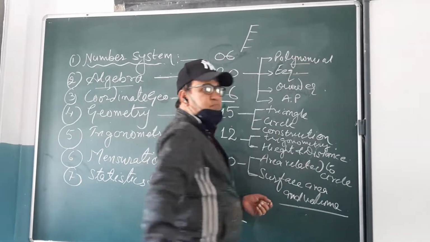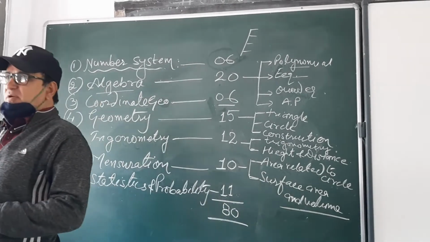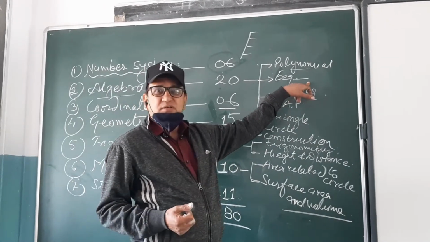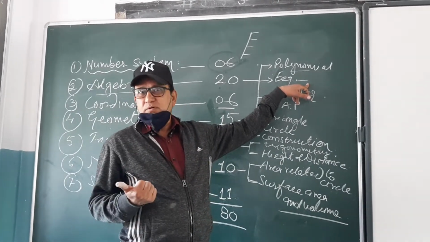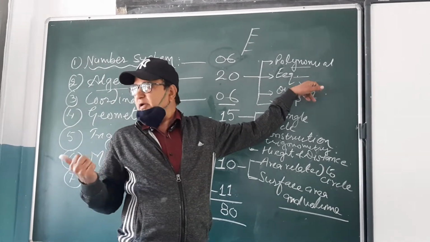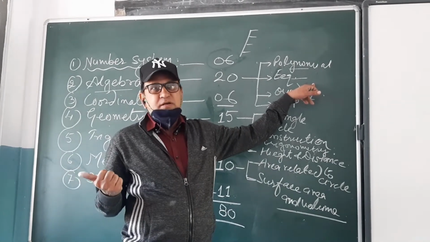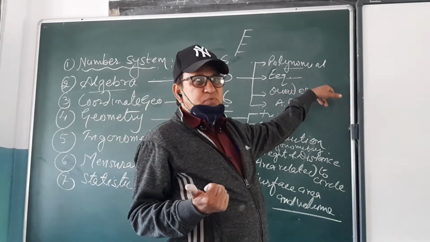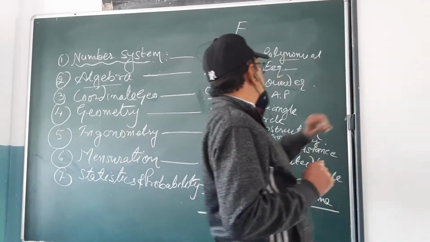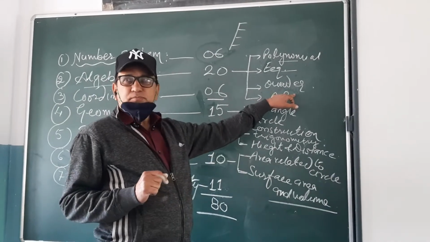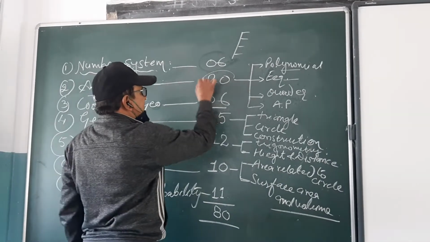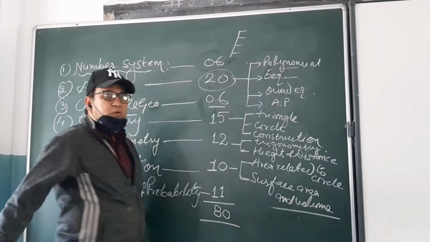Right? Next, linear equation of two variables. There we have to see the consistency of the equations, meaning the type of solution: unique solution, many solutions, or no solution. Then simply convert the equation and solve for the values of x and y, by graphical and algebraic methods: substitution method and elimination. Cross multiplication is not in your syllabus this time. This is the daily portion. Then quadratic equation, and then AP. Now you see there are 20 marks divided among these 4 chapters.